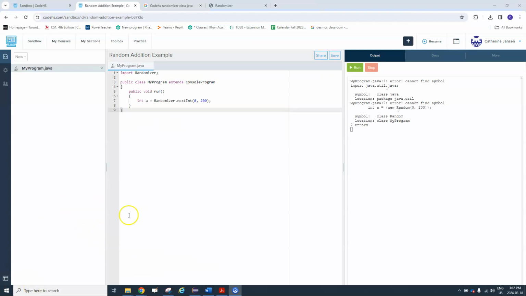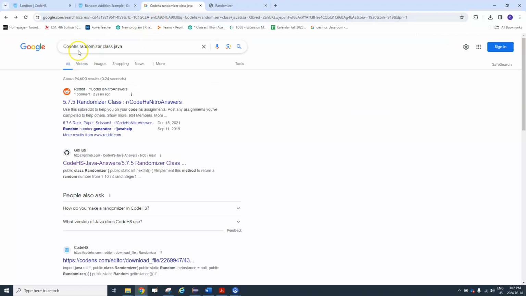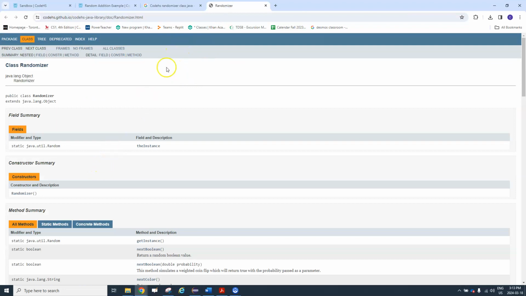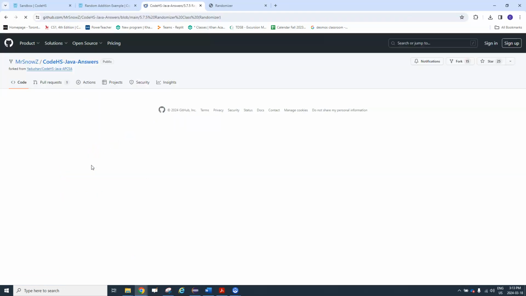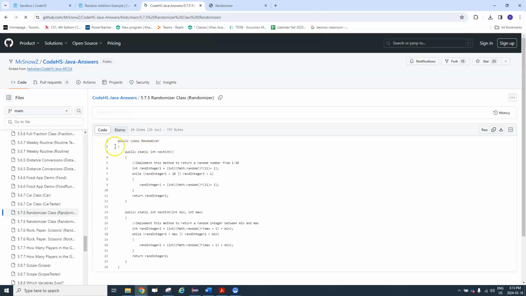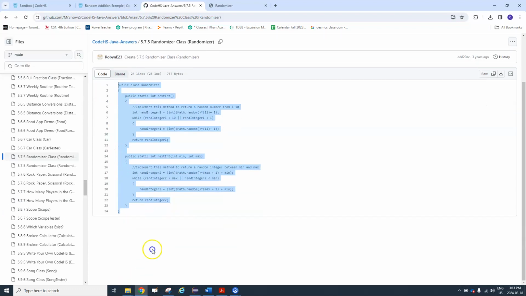So in regular Java, we should be able to import a file, but in CodeHS, it's a little bit different. So what I had done is I did a search on CodeHS randomizer class, and I found this link on GitHub. So I open it up. That's not it. I click on this. So what I'm going to do is I'm going to take the code here and I'm going to copy it